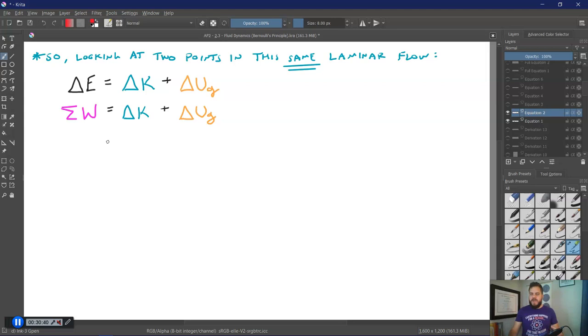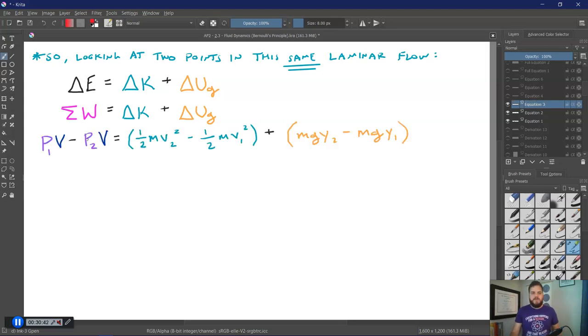Now let's go ahead and expand these equations out. The net work we just saw in the previous set of slides was P1V minus P2V: the pressure at point 1, the pressure at point 2, and the volume. If we look at the change in kinetic energy, the kinetic energy equation is 1/2 mv squared. The mass is not going to change, it's just the velocity change. So we have 1/2 mv2 squared minus 1/2 mv1 squared. Additionally, for the change in gravitational potential energy, we're just looking at the changes in heights, specifically